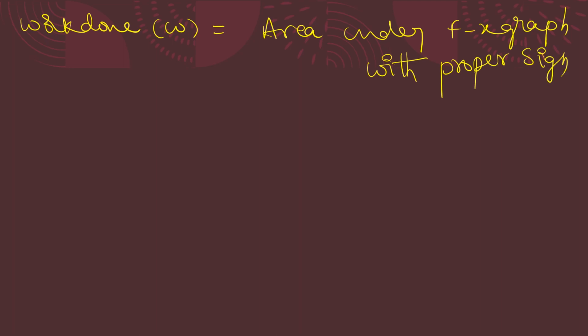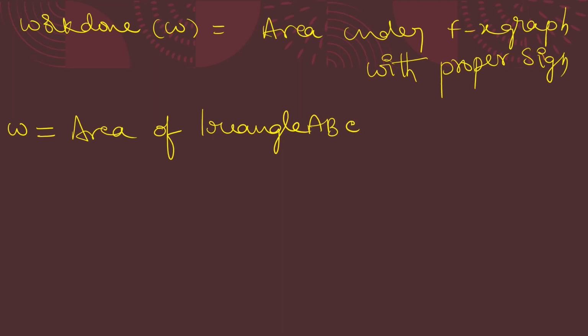So now we are calculating work done first. W is equal to the area of triangle ABC plus the area of rectangle CDEF